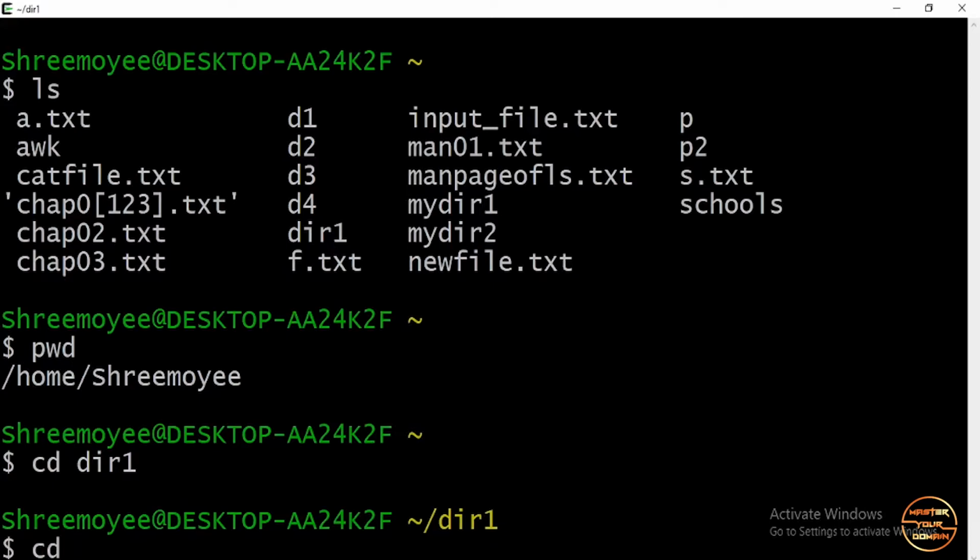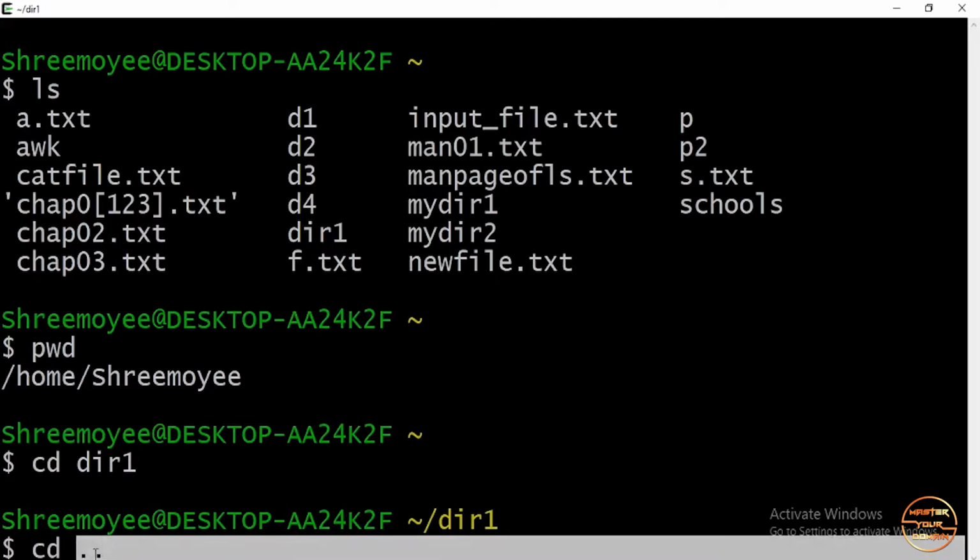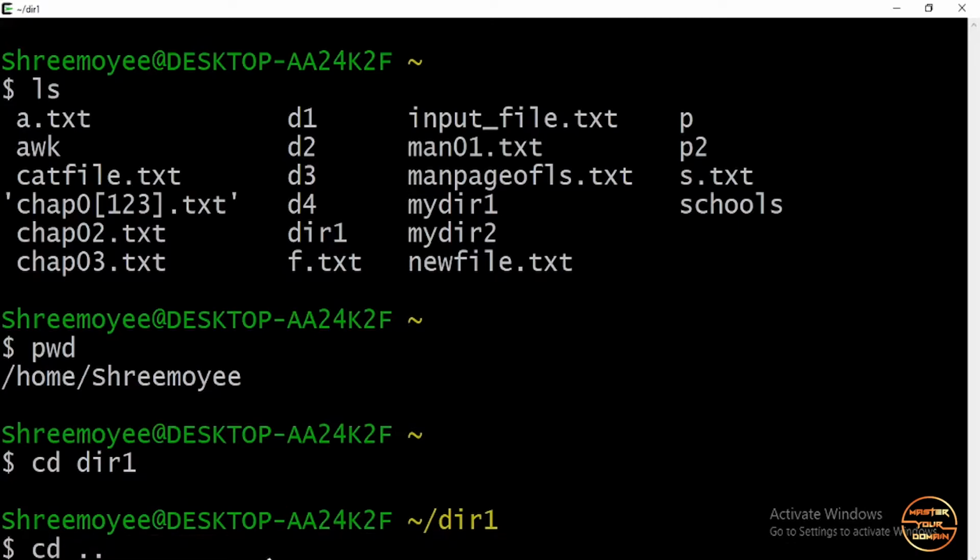So for that the command is cd and then .. I can give .. It means one level up from the current directory, which is dir1. One level up means my home directory. The tilde symbol specifies my home directory. Or